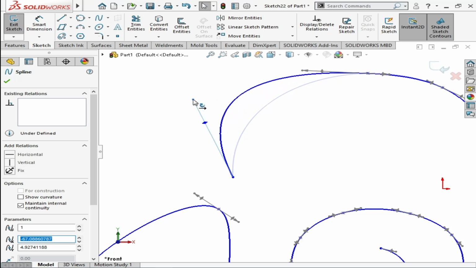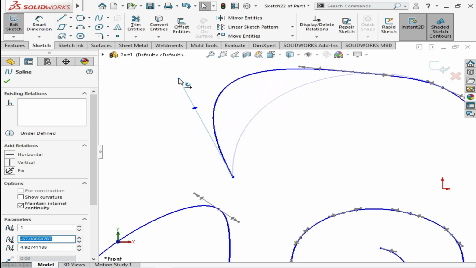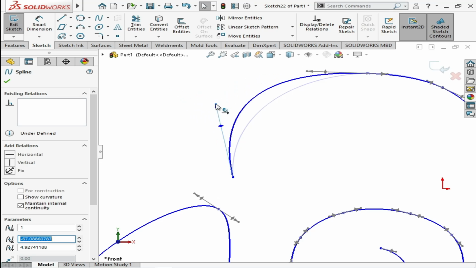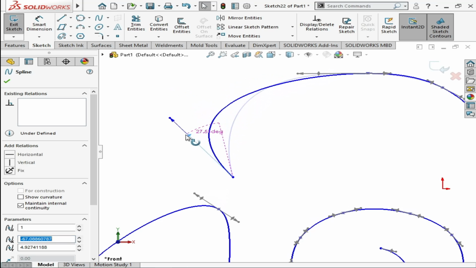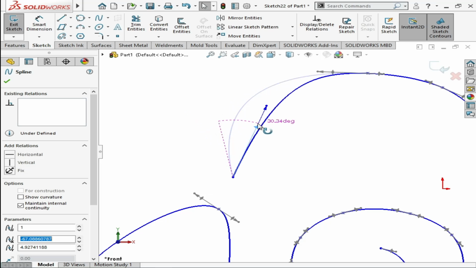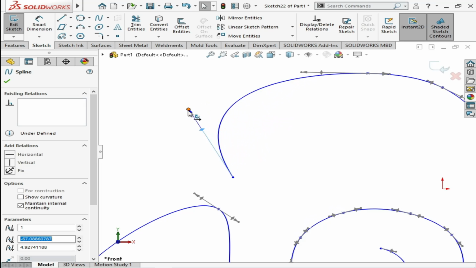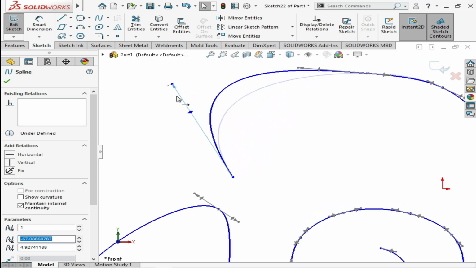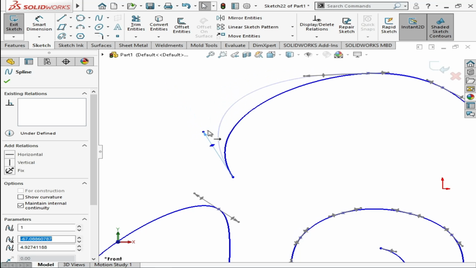As you can see, when you drag the mouse while holding the left button, the curve of the spline is changing. Same when you click on this, the angle of the spline is also changing. And there is an arrow. The arrow is also used to change the curve of the spline. In this way you can edit these splines.